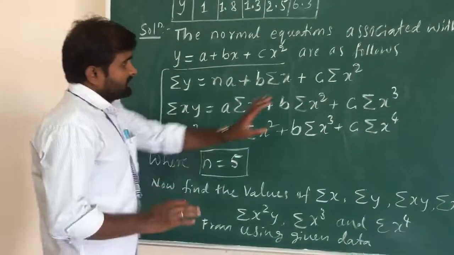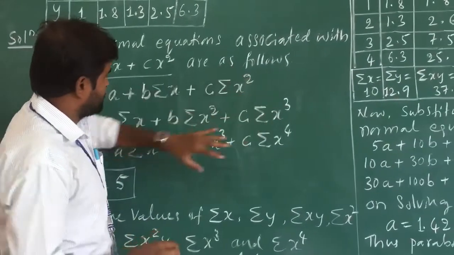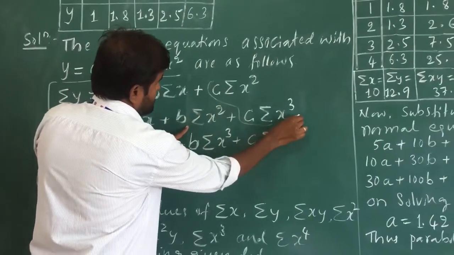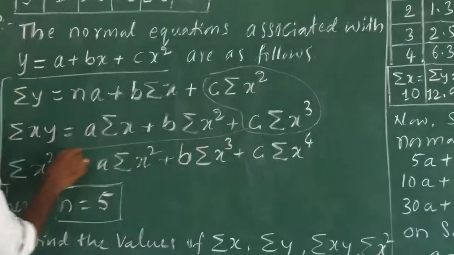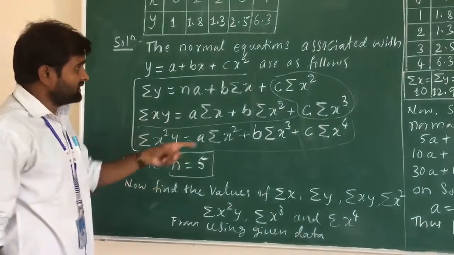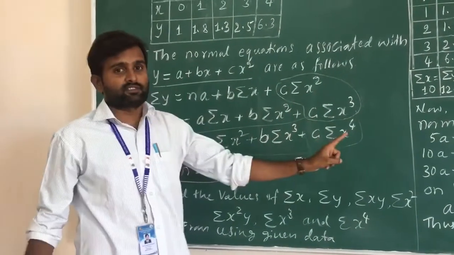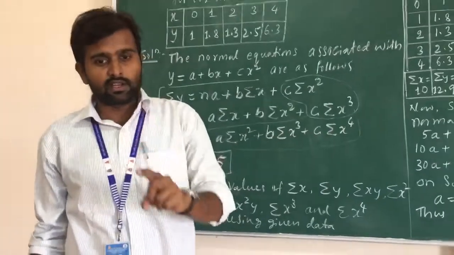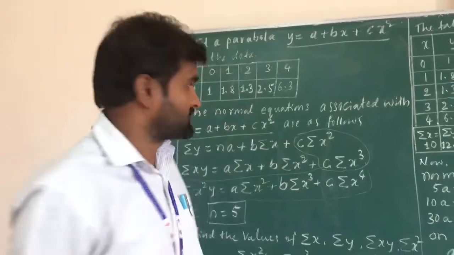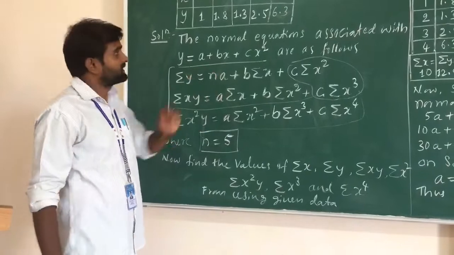In case you have only first degree, in these equations we don't have these coefficients; your equations are regular. In the first degree, if it is second degree, one more degree is added, and similarly one more equation. If you have only a single degree, we have two equations. If you have a second degree, you have three equations. The normal equations have three equations. This is the difference.